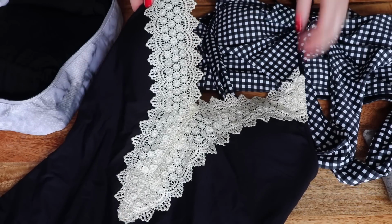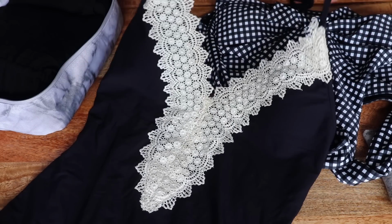This is the swimsuit that I've had for the longest. It's my favorite swimsuit. It's a black one-piece with some crochet down the front. I believe I got it at Target, and I kind of think that maybe they ripped off a design from Anthropologie. I'm not sure which one came first. I'm guessing Anthropologie's, but if either store still has it, I will put a link to it down below,